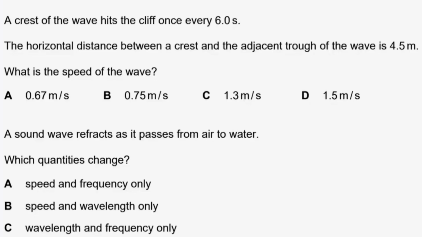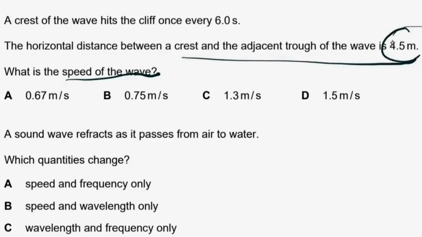In this question, we need to find the speed of the wave, given that we know the distance between adjacent crests, which is 4.5 meters, and we know that the wave crest is hitting the cliff every 6 seconds, right? So if I draw this situation, imagine this is the cliff, and we got a wave,